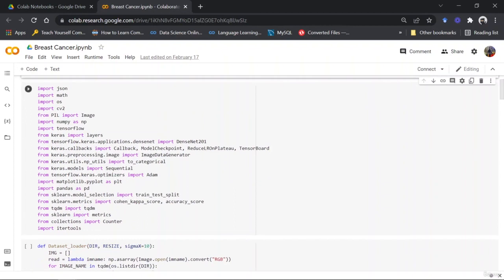Then we have a lot of imports right here, but I'm going to go through most of the important ones. Okay, so let's start with the PIL library, which is Pillow, right? For Python 3.0, PIL was not supported, so Pillow was created as an interface to use PIL sub packages or functions. Pillow is built on top of the PIL library, which is the Python Imaging Library. And Python Imaging Library is one of the most essential modules for image processing in Python. So this module gives more functionalities,